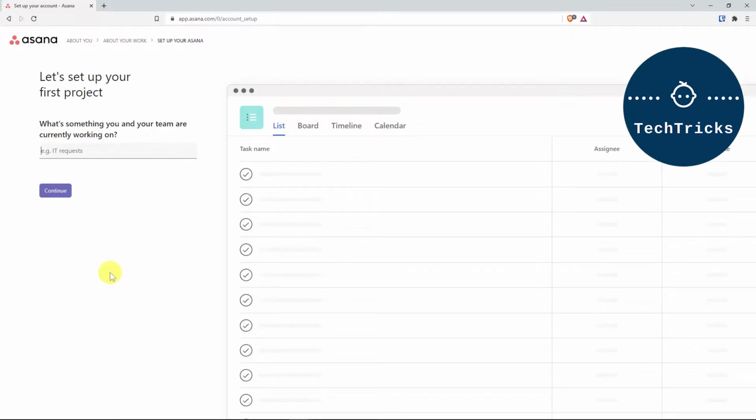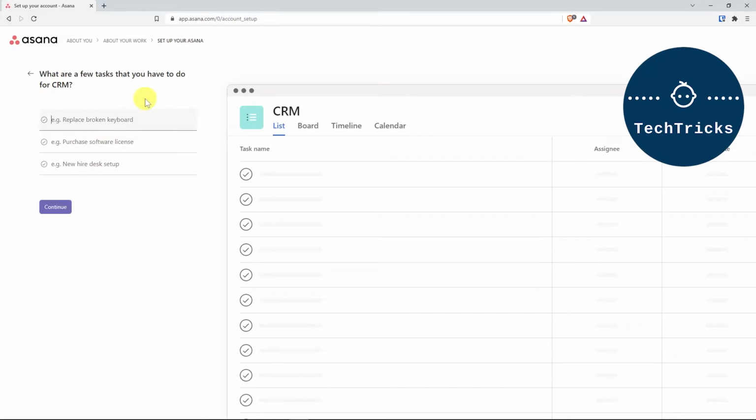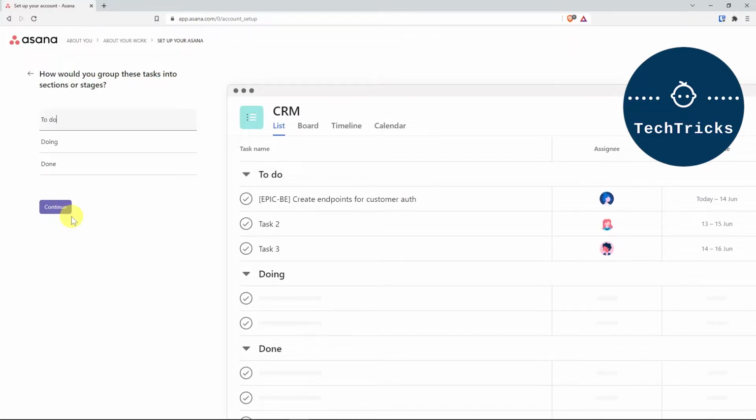Then enter your project name. You should enter whatever task you want to get done. So for example, something like that. Once you're done, just click continue, and you can choose to modify also the progress into stages,